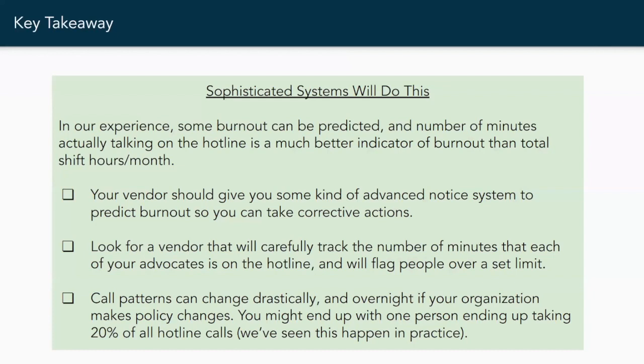They had a very seasoned executive director, and they made a policy change, which seemed likely innocuous at the time. But it resulted in a huge shift in how their call volume was being distributed. They had a policy change on when repeat callers should call. And what ended up happening is that we had advocates who were taking about 30 hours of shifts a month, and that one advocate each month was single-handedly taking on about 20% of all hotline calls. And that agency had plenty of advocates that were taking 200-some shift hours per month.